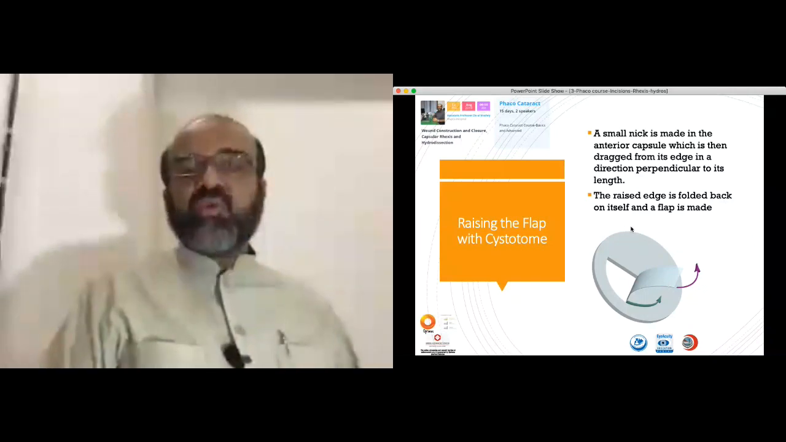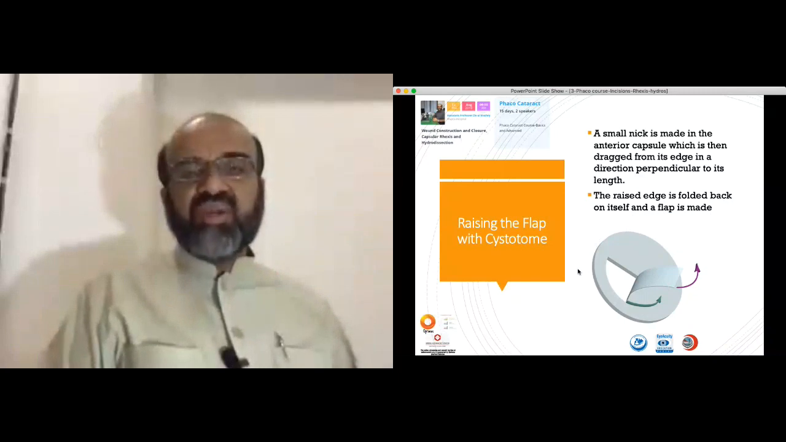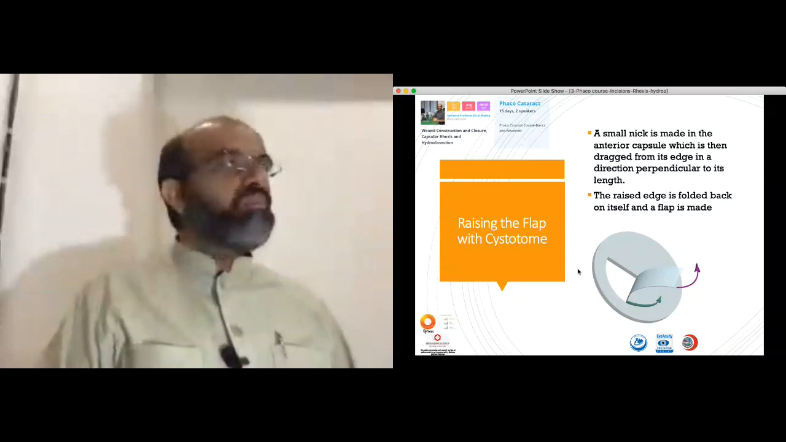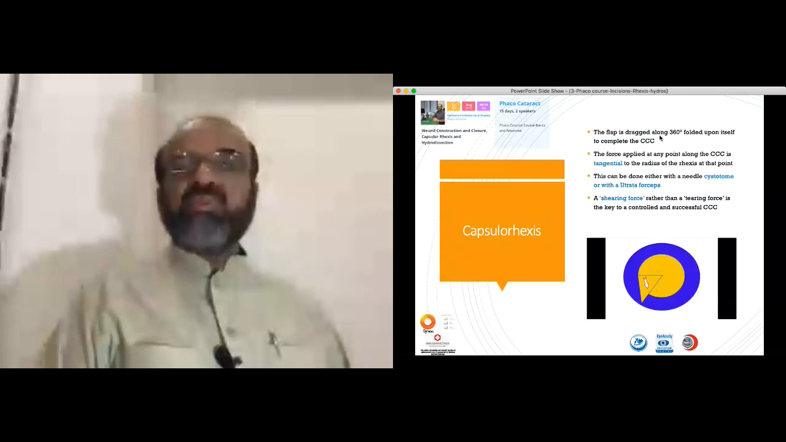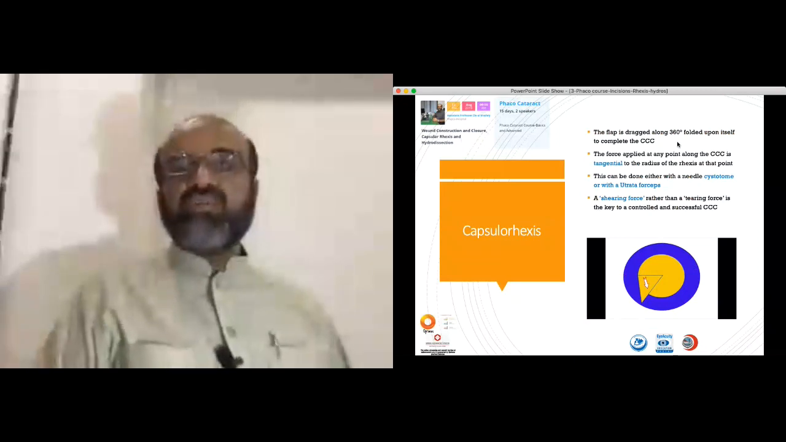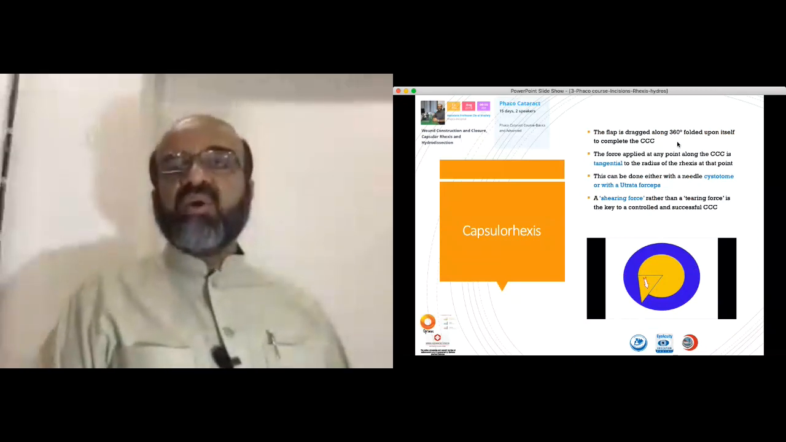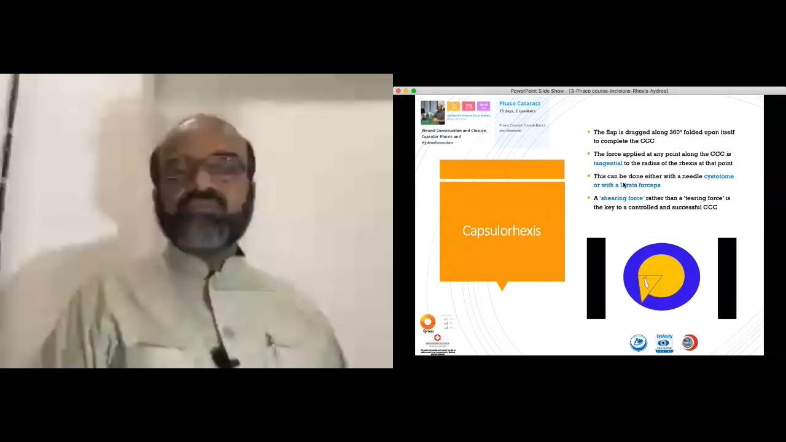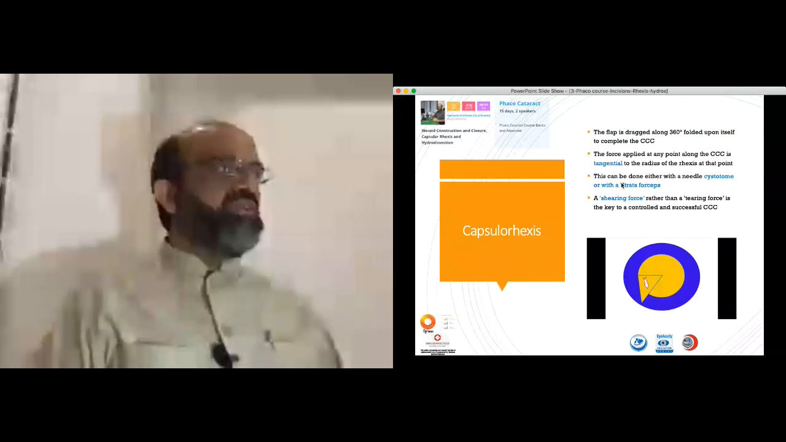The raised edge is folded back on itself and the flap is made. Then you keep on pushing this flap and you complete the rhexis. If we keep on dragging it 360 degrees, that you will see in the later video, the force is applied at any point along the rhexis tangential to the radial of the rhexis, and generally our force is directed towards